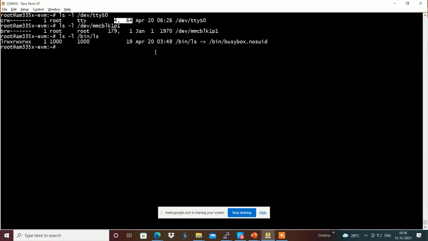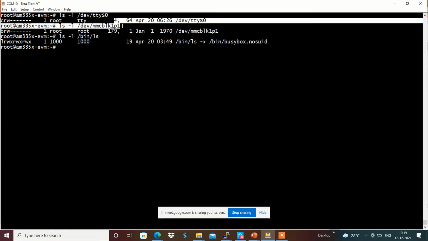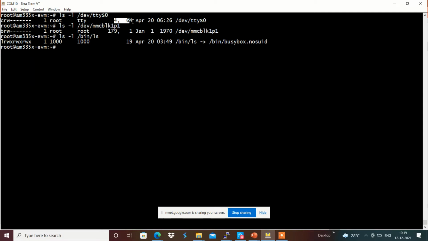Device files will have 2 numbers, a major number and a minor number, provided for each and every device file. The device file contains the major number and minor number.